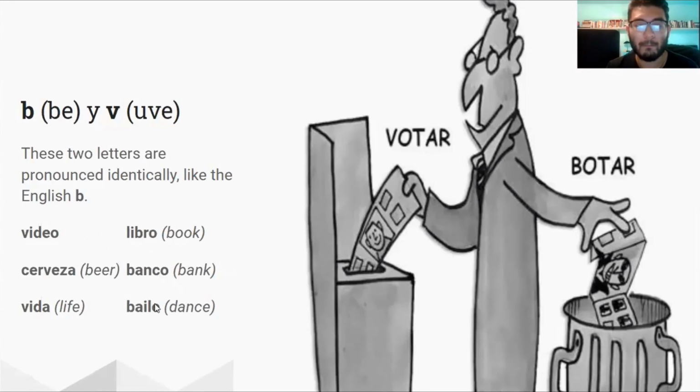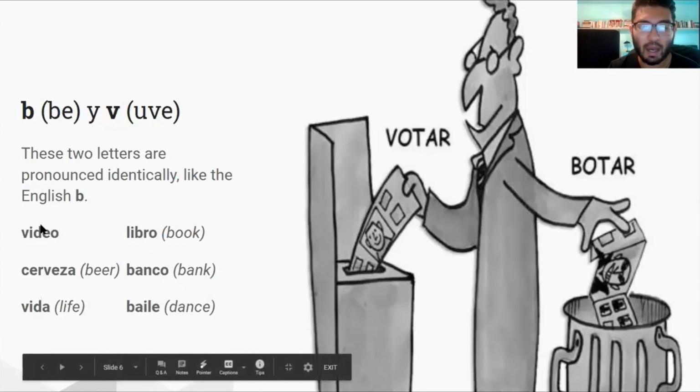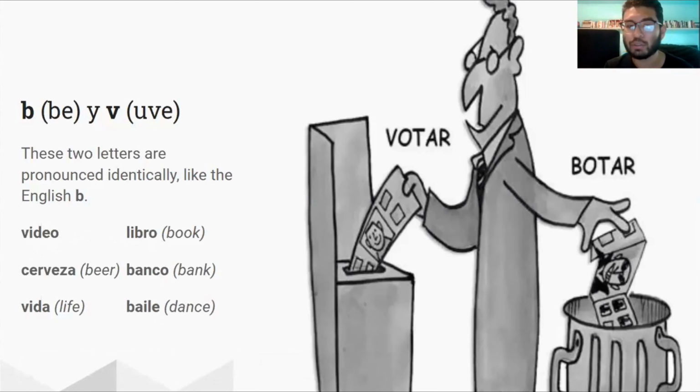Libro, banco, baile, same pronunciation as V. So V and B in Spanish do not differentiate in pronunciation. Yes, they are different letters, but they are pronounced the same. And this is because in Spanish we don't have the sound V. When we have our upper teeth sort of touching our lower lip, and we produce that sound V, that doesn't happen in Spanish. No, that's a sound that does not exist in the language, because the letter that produces that sound in English produces another sound in Spanish,